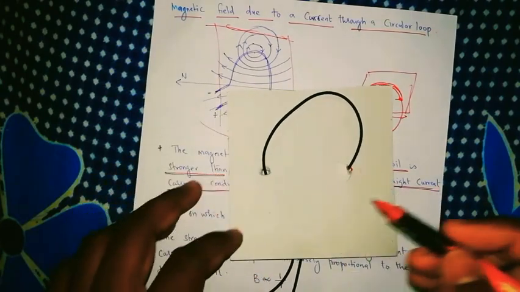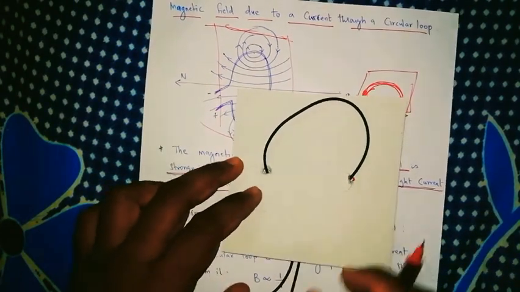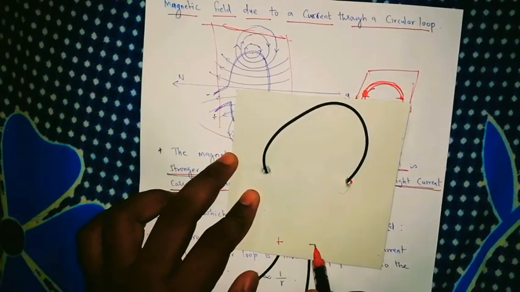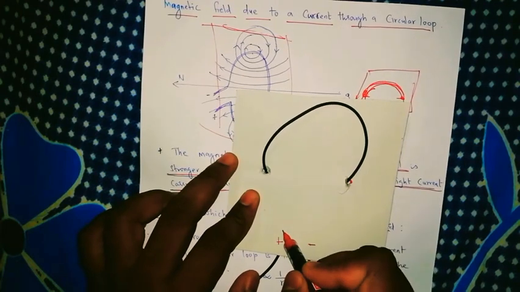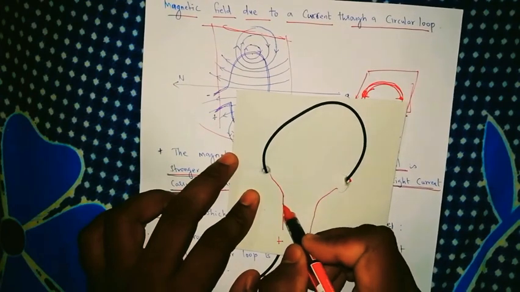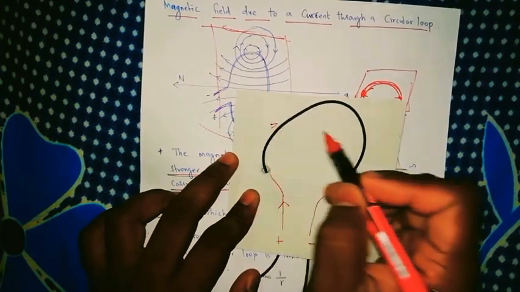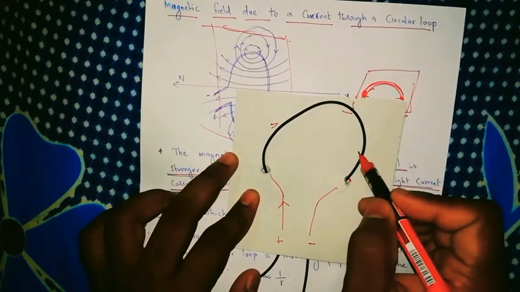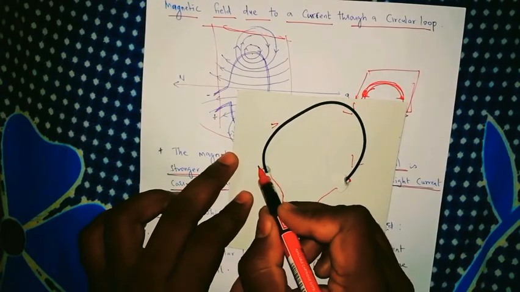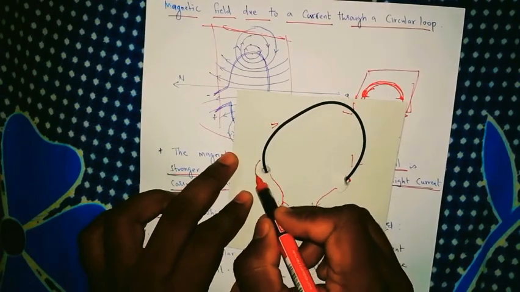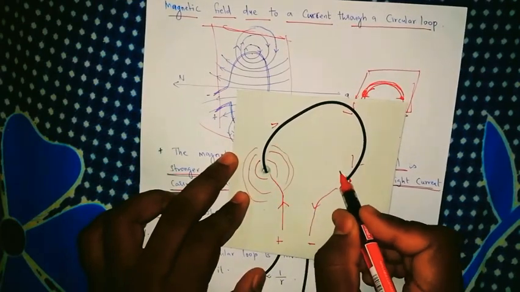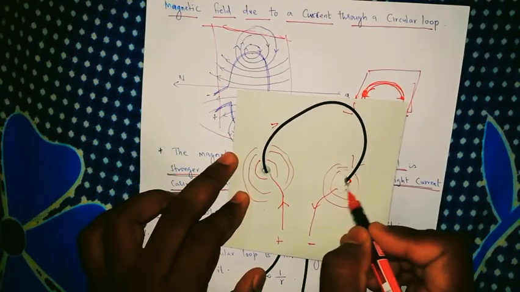Once the wire is there like this, what happens now? How will the magnetic field be formed? So for example, I am going to draw this as positive and this as negative. Okay, so the current is flowing in this direction. It moves in this direction, and comes in this direction. So when it moves in this direction, at these edges you can find lots of circles, and here also you can find lots of circles.